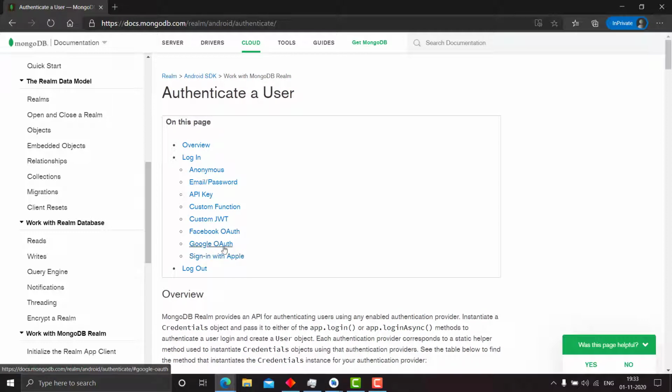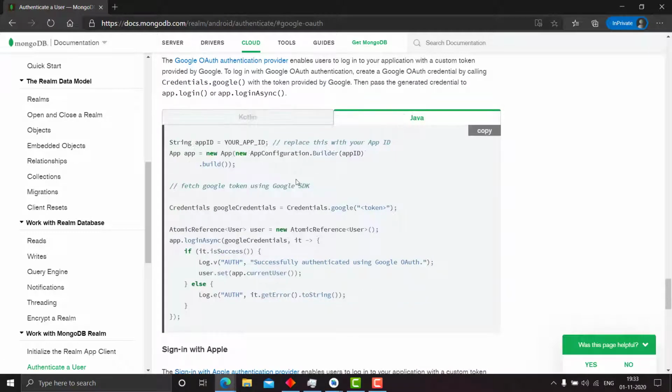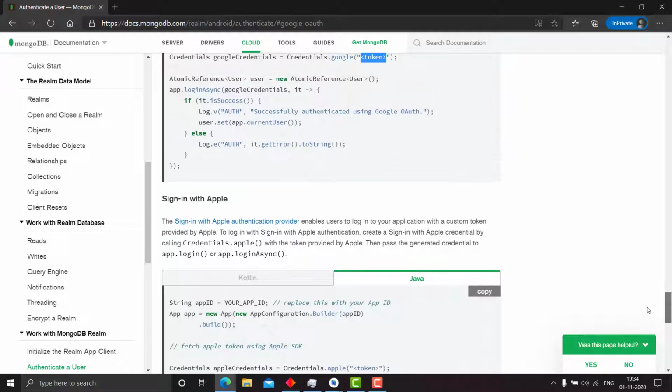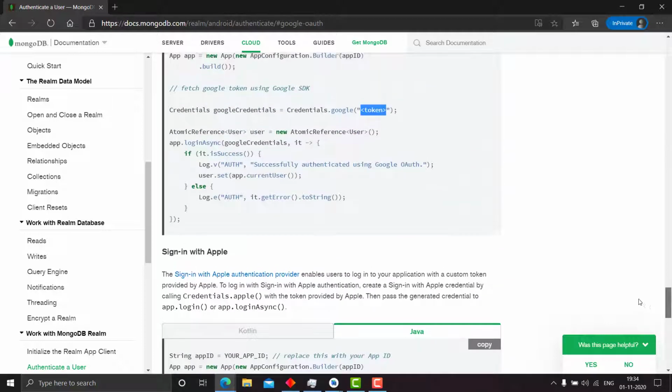Maybe we will find Google Auth. Yeah, see, this is the Java code. Here it says token, which is definitely wrong because you don't need the ID token to be provided here. Instead, as I showed you in my video, it needs a Google Auth code with which MongoDB works. But the documentation is pretty bad and pretty wrong. This wastes the time of developers and is a very bad thing, and I would request MongoDB to